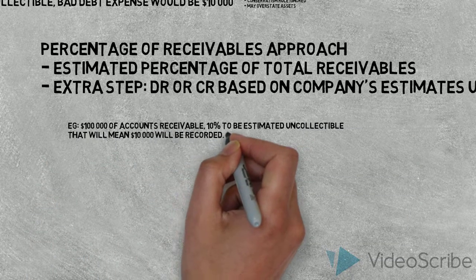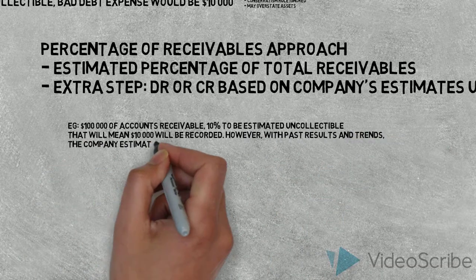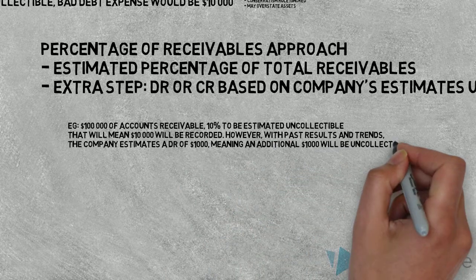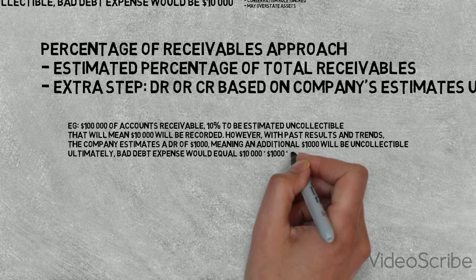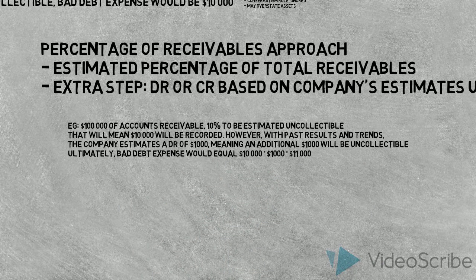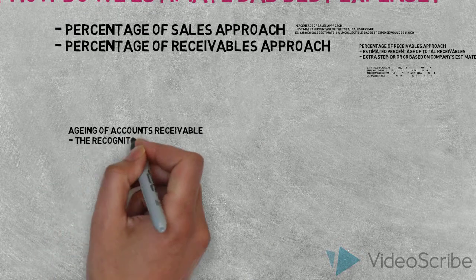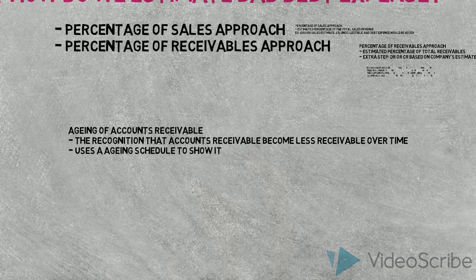However, with our extra step, we must use past results and trends to find out whether it will be more or less. Here, there's a debit of $1,000, meaning an additional $1,000 will be uncollectible. Ultimately, bad debt expense would equal $10,000 plus $1,000, equaling $11,000. Finally, the aging of accounts receivable is the recognition that accounts receivable become less collectible over time, and we must use an aging schedule to